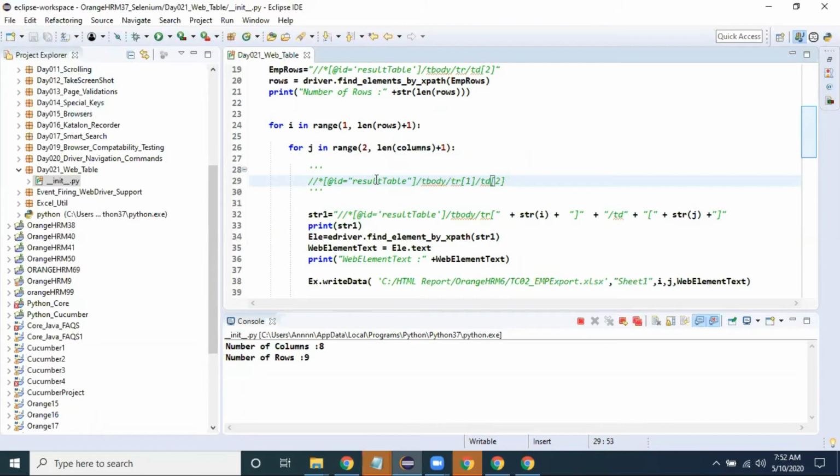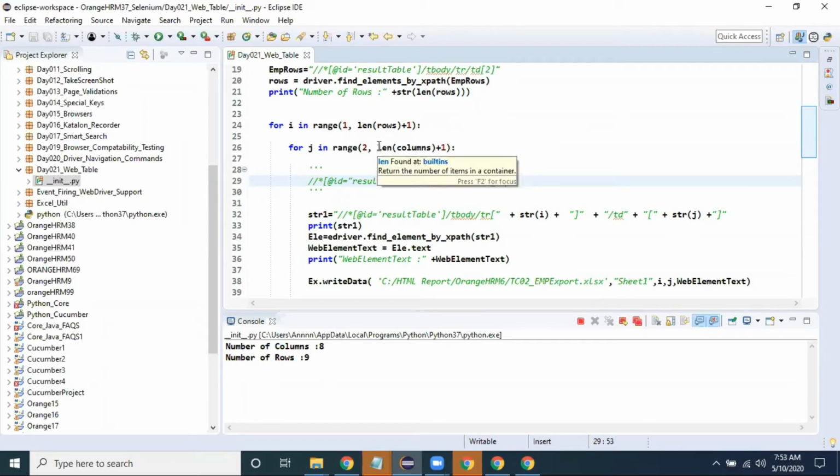So for i equal to 1, my for loop has to repeat 9 times because it contains a total of 9 rows. So 9 plus 1 means 10. So i will run from 1 to 9, and the j value will be repeated.